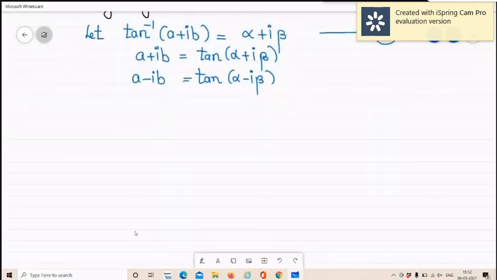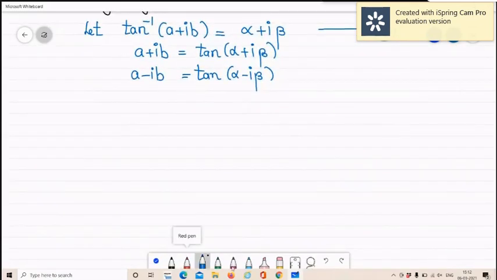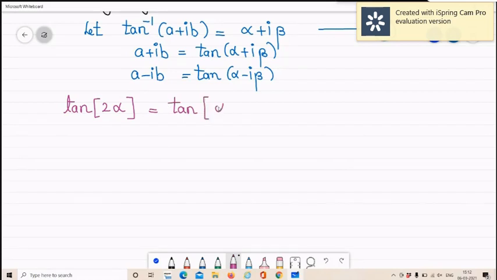Now the next thing I am doing, this is all adjustment that we are doing now. I am taking tan of 2 alpha. I am starting with tan of 2 alpha. Now when I am writing tan of 2 alpha, where did it come from? This is 2 alpha, not beta. So what is tan of 2 alpha? It is alpha plus alpha. Then to that alpha, I am adding and subtracting I beta.